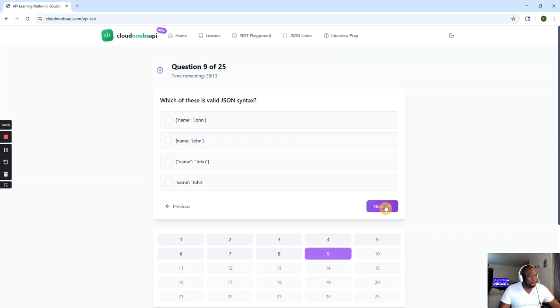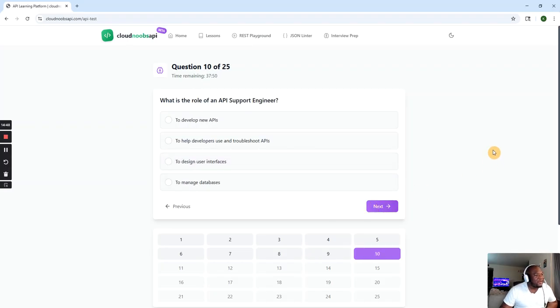All right, so we go to the next one. Which of these is valid JSON syntax? So it is this one over here. It has to have a curly bracket, a name in quotes, then the colon. So it is this one.